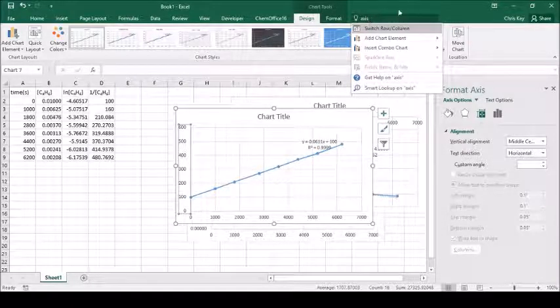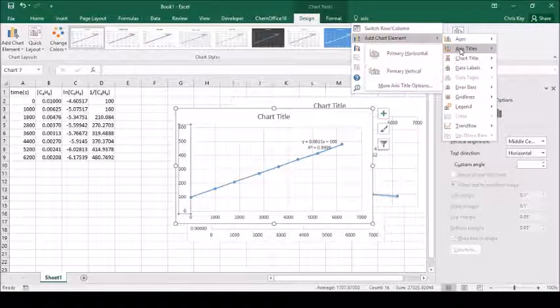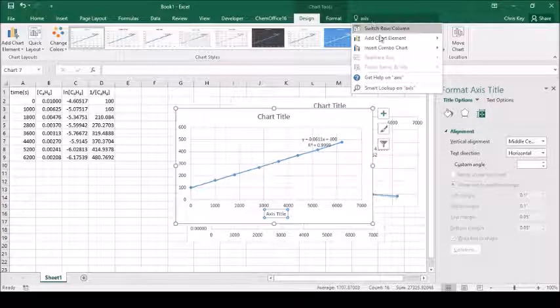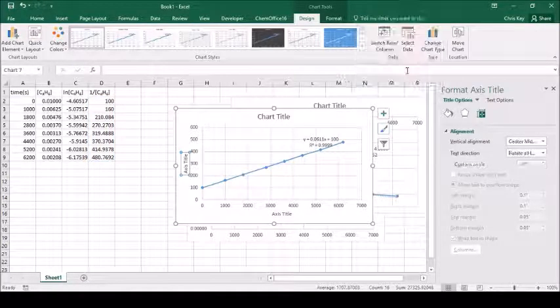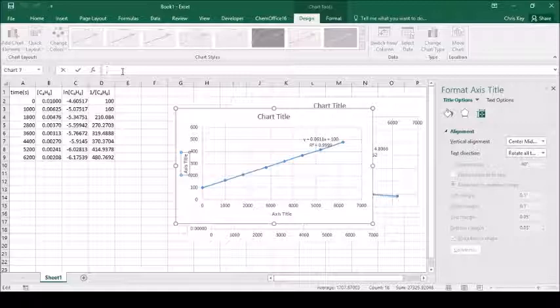axis, and when I start typing that, you'll see add chart element, axis title, and I can put the primary horizontal. I can do the same thing again, add chart element, axis title, primary vertical, and you can see I've got both of my titles now, and now I can just edit those. You can just go up here. For the left, this was actually 1 over concentration, so you could do 1 over concentration C4H6,